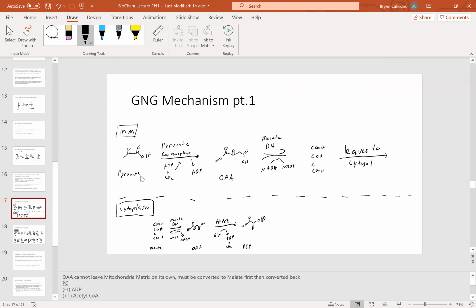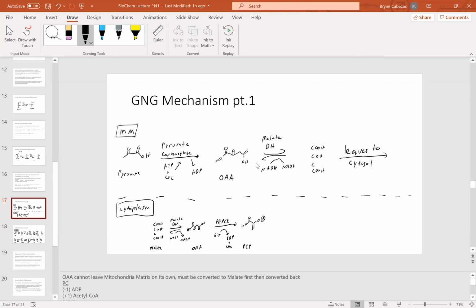Okay, here we have your pyruvate. Remember the structure of this molecule. We're going to have pyruvate carboxylase, and carboxylase is going to add a CO2 group. A decarboxylase is the removal of CO2; here we have carboxylase, which is the addition of CO2. Combining CO2 with this molecule is going to take energy, right? CO2 is typically found as a really small structure, so the enzyme is going to have to catch the CO2, not only catch it, but also put it onto the pyruvate. So that's going to cost some energy. It's going to take an ATP.